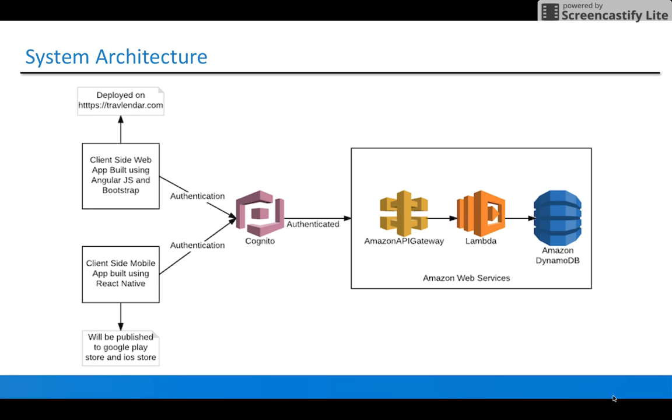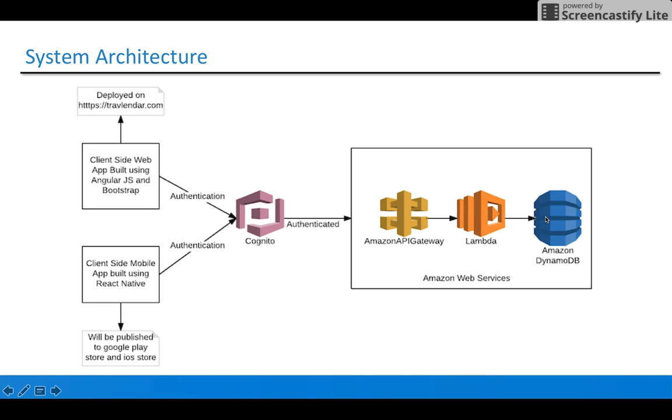The system architecture for our application is based on the AWS serverless architecture. We have a client side which is being built using client side libraries like AngularJS and Bootstrap. The user will be presented with a login page with which they will authenticate to AWS Cognito, and thereon they will consume the APIs from API Gateway, which will use Lambda to store and persist the data and fetch data